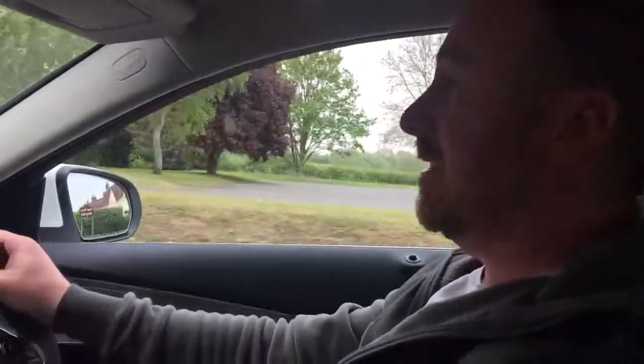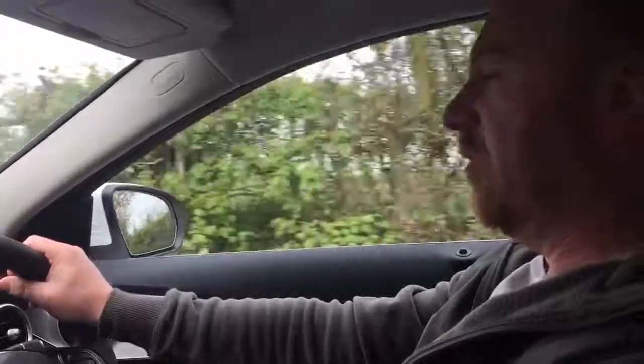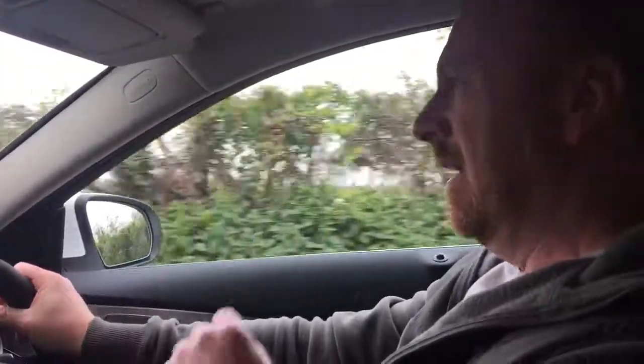The park assist, great little gadget I suppose. Driving along around about 10-15 miles an hour, you get a little blue park sign on here, and if I wanted to park, I just do the controls, it does it for you. The brake assist, however,